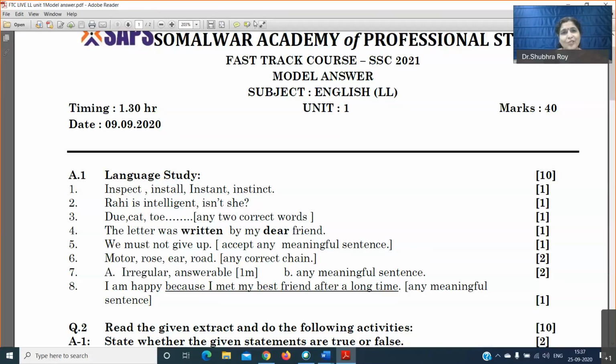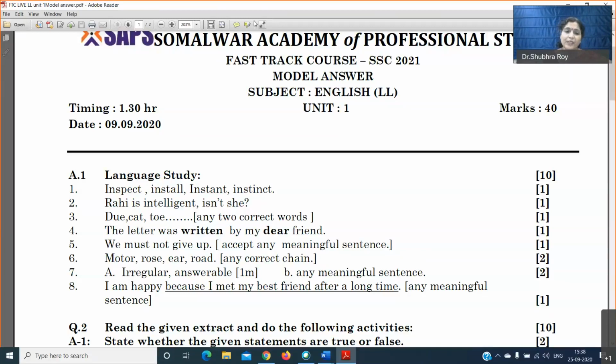Make a sentence. So just see that you have a subject, a verb, and an object, and probably one complement in your sentence. Just have a very, very simple, small statement. Okay. Usually write it in a declarative form. It can be affirmative, negative, both, but write simple, small sentences, and bring out the meaning. Okay. Then we must not give up, accept any meaningful sentence I have written there.